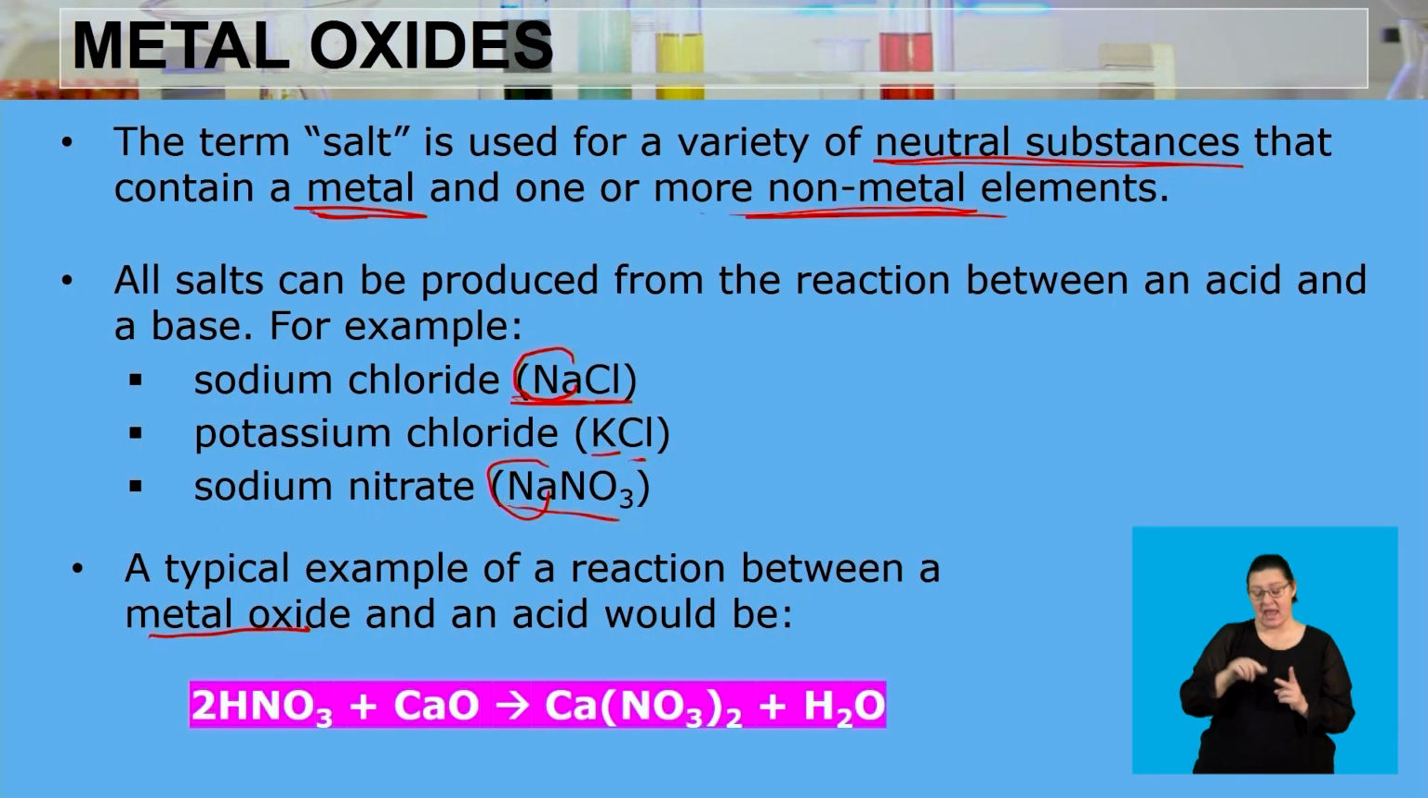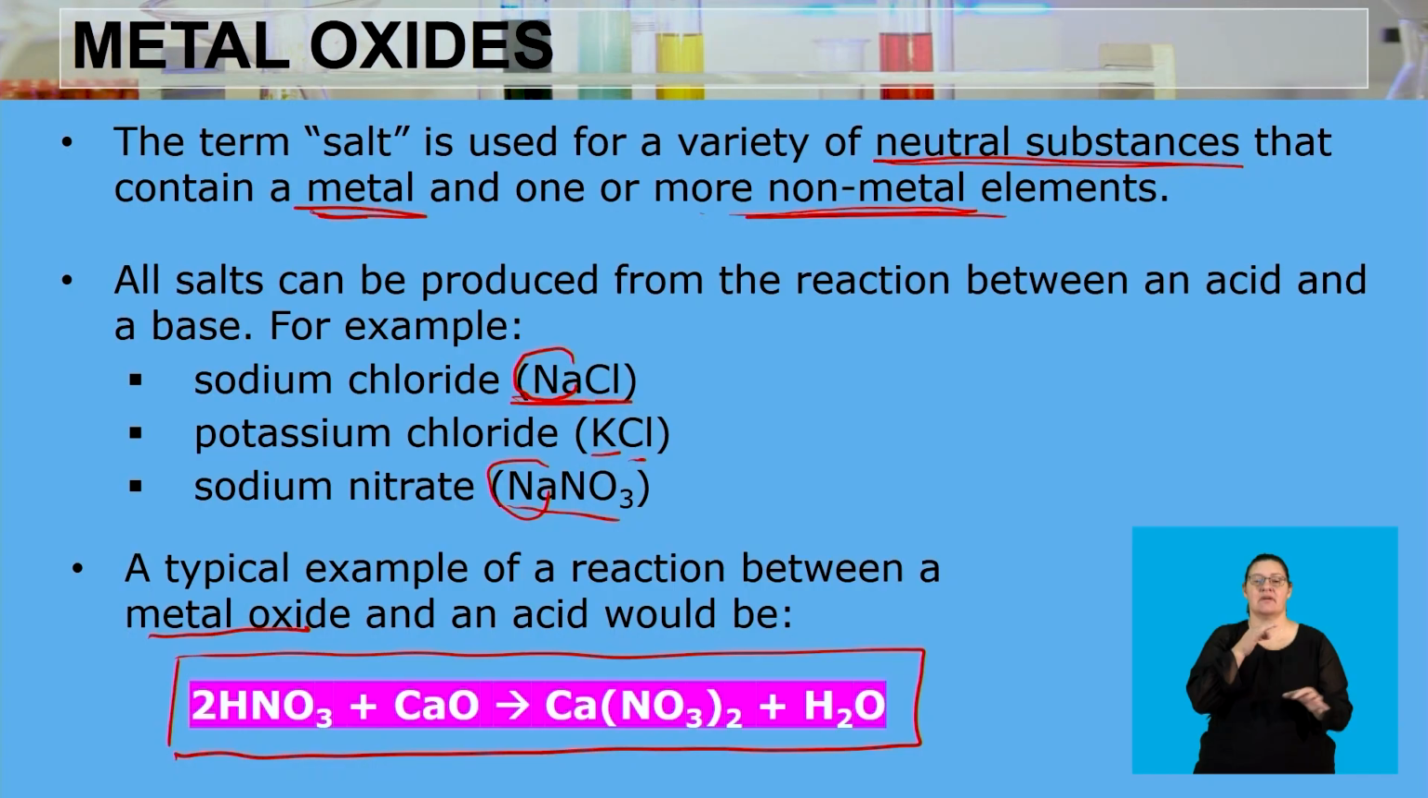So now, a typical example of the reaction between a metal oxide and an acid would be, so we have a typical example here that we can use to better explain what is going to happen between the acid and the base when they react. How is the salt going to be formed? And where do we get the water from that you're talking about when looking at this